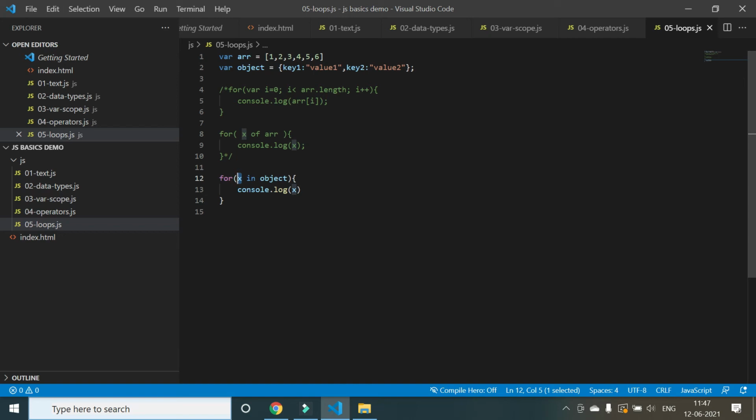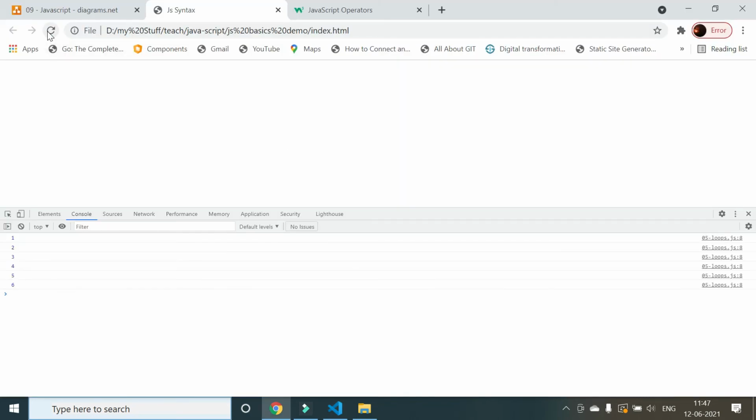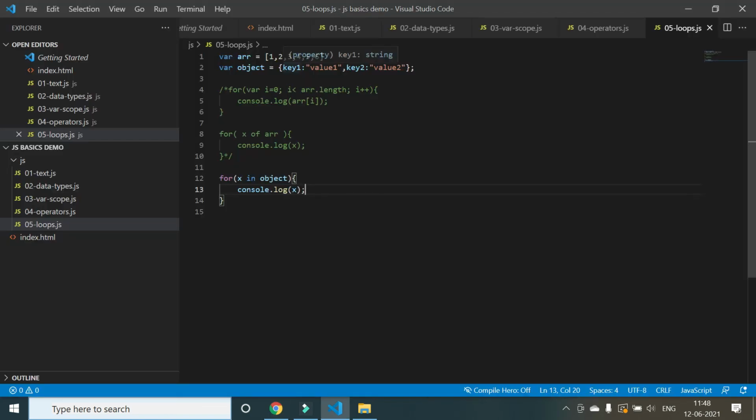Will it assign this key 1 or will it assign this key 1 colon value? I'm not sure what value x contains. So I'll just console log that x to see what exactly it is trying to do. It contains only the key. It contains key 1 and key 2. It doesn't contain this entire thing.